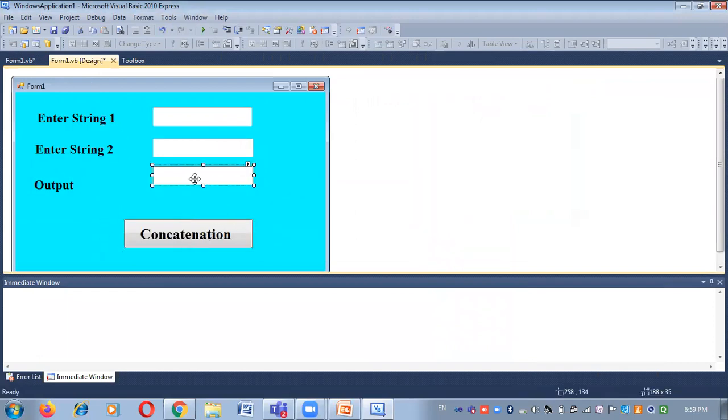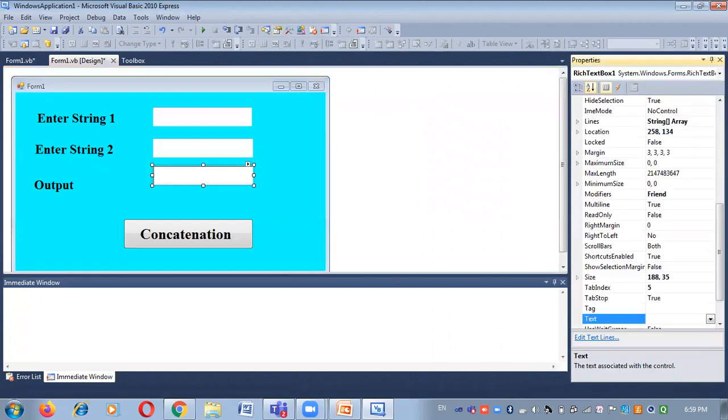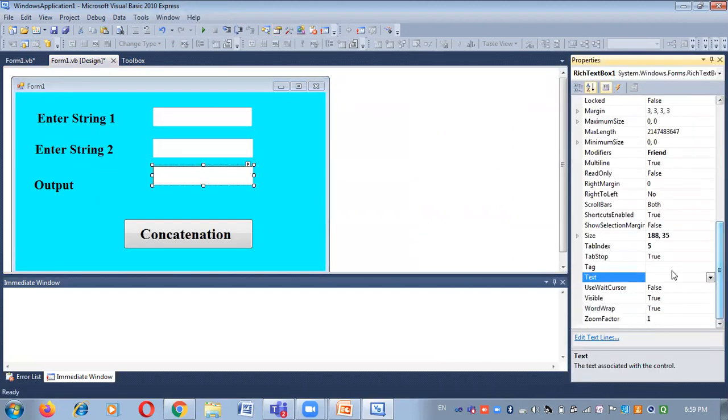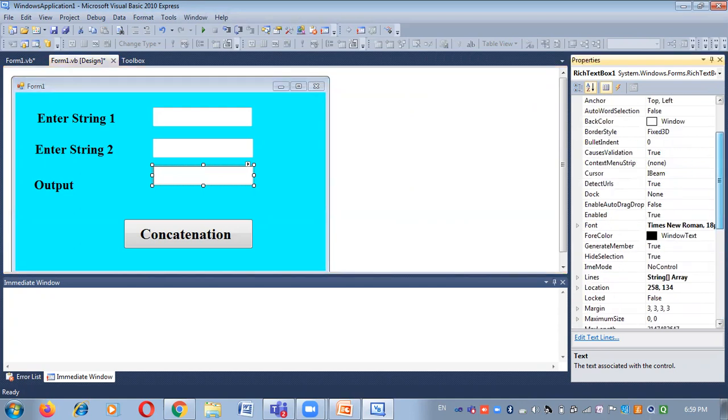So here, what is the name of the text box? See, here I'm selecting text 3, but the name of the text box is removed from here. So I'll just type text box 3. Okay, what will be the name of this? Name, one minute.